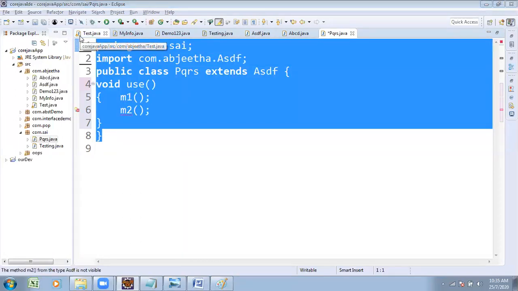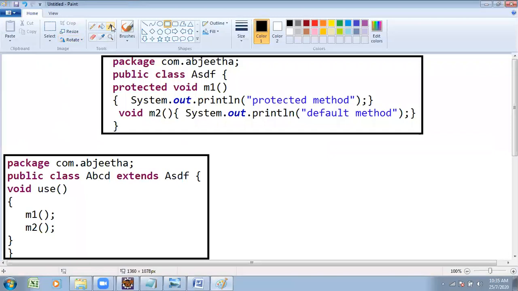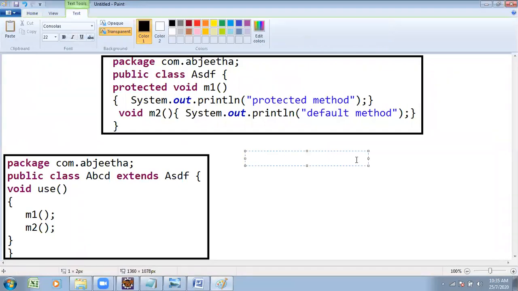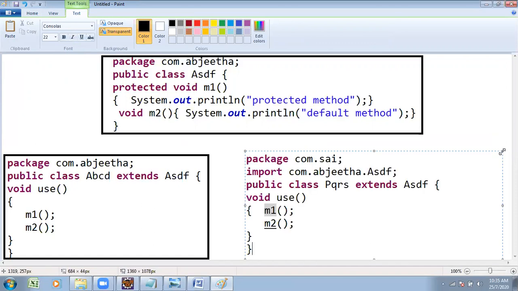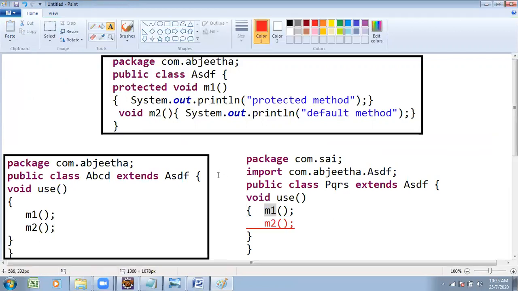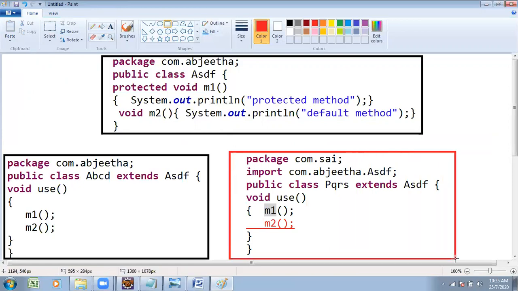See this diagram once and tell me the answer now. When is protected working, when is default working? M1 is going to work. This line of code, the red color indicates it is not going to be supported. See once and give me the answer. What is the difference between protected and default? When we declare protected, what happens?